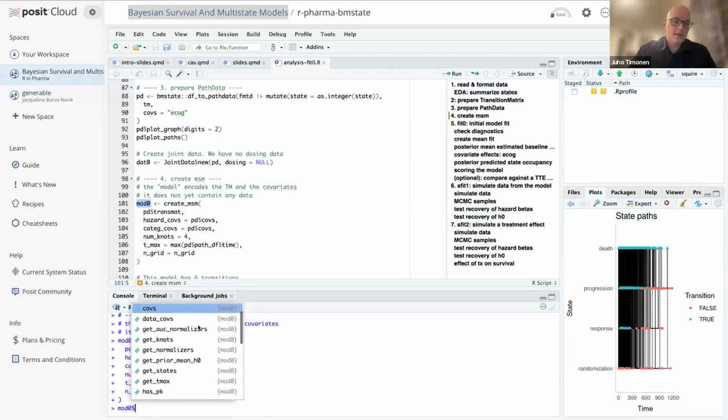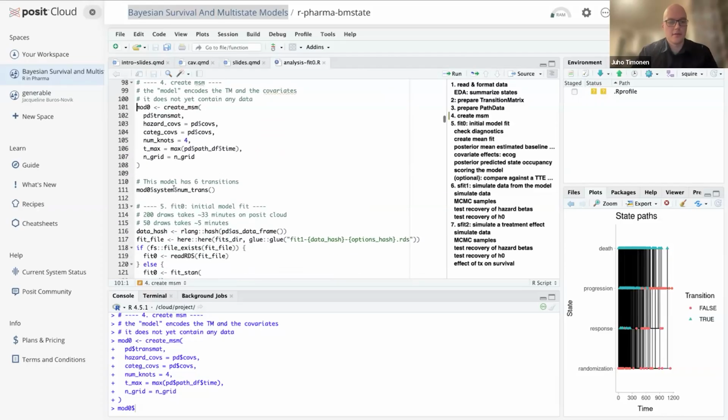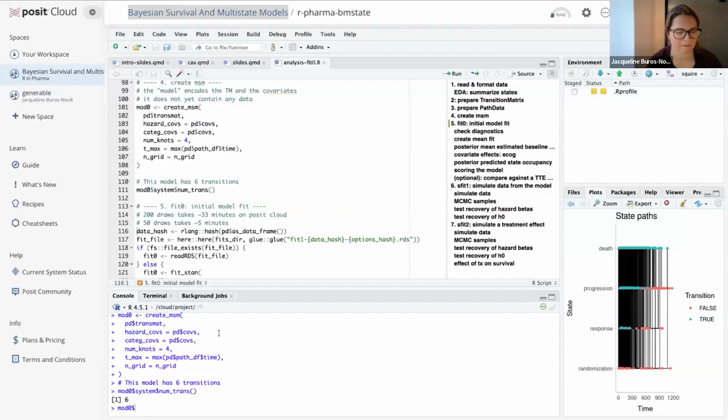The Stan model is not a part of that model object, because the Stan model is part of the package, and the package is assuming that there's only the one Stan model. I see. So if you have a fit, you can do